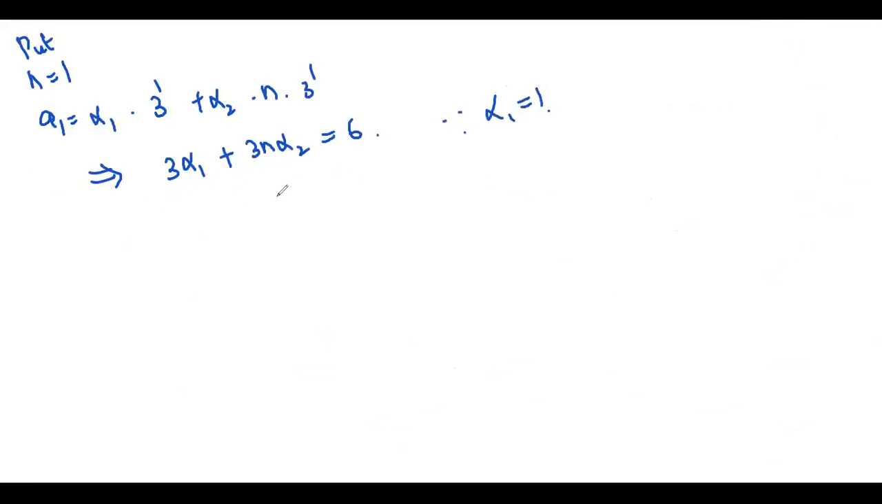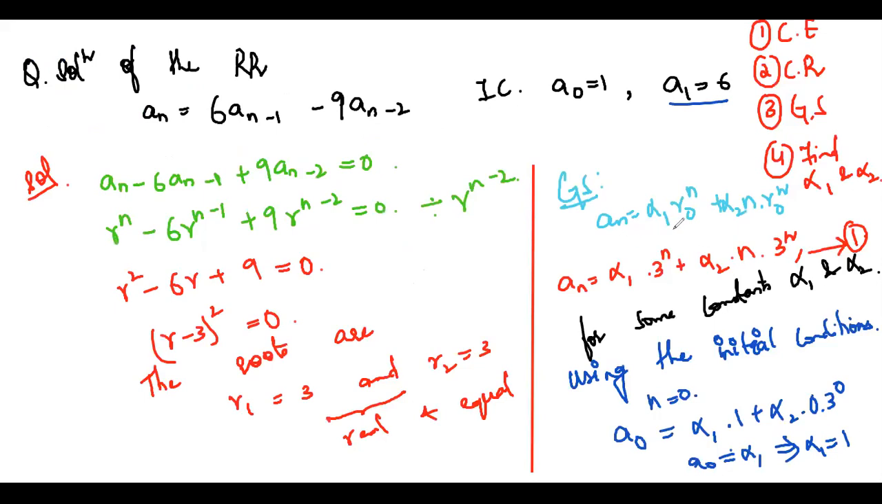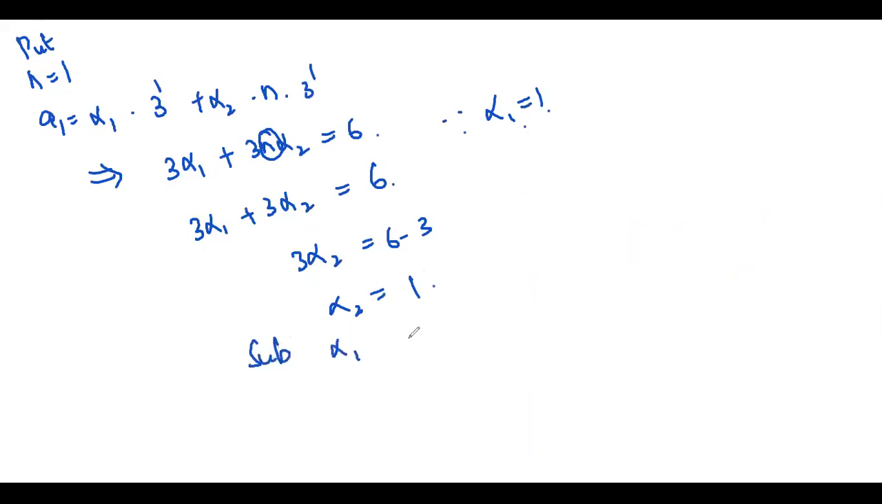Since alpha 1 is equal to 1, what will be the value of alpha 2? And over here again n is equal to 1, so we will get 3 alpha 1 plus 3 alpha 2 is equal to 6. Alpha 1 is 1, so 3 alpha 2 is 6 minus 3. Alpha 2 is equal to 1. So alpha 1 is 1, alpha 2 is 1. Substitute it in equation 1. So when you substitute alpha 1 and alpha 2 in equation 1, we will get, let's see,